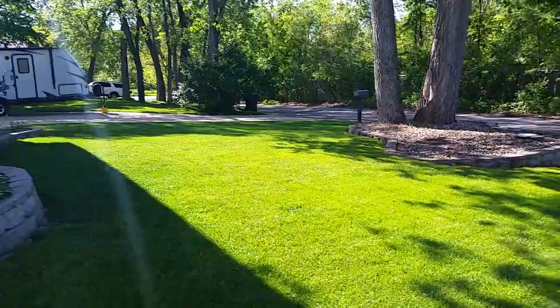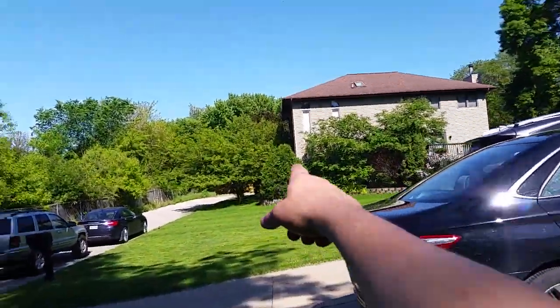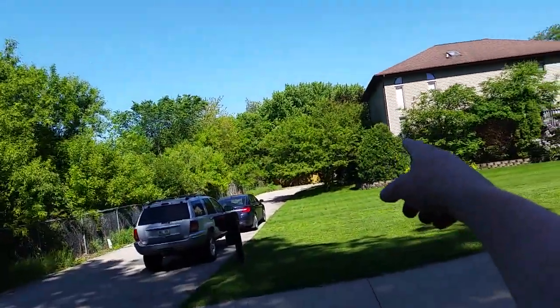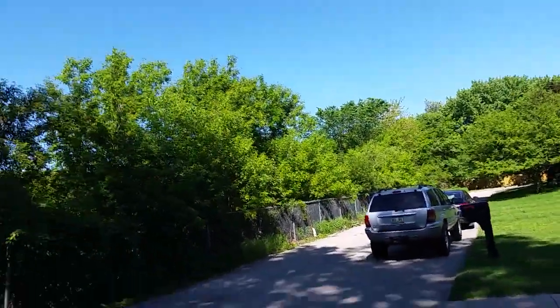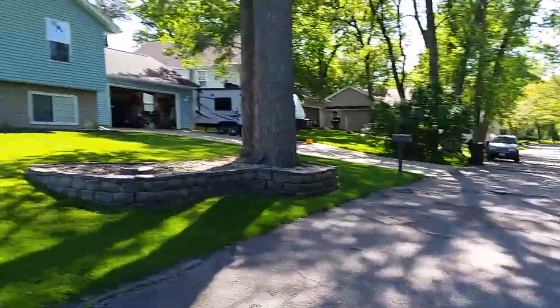Go ahead and walk down here to the street. And then you got the cul-de-sac right down there. So you got this neighbor and that big house on the corner, and then that's the cul-de-sac of Northwood. This is Ryan Lane. This is all fenced, and yeah, this needs to be cleaned up over here on this side. It is a private lane,